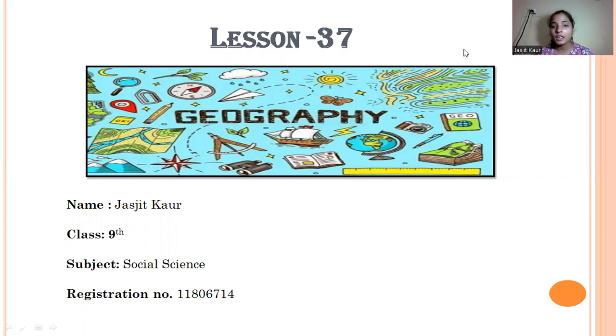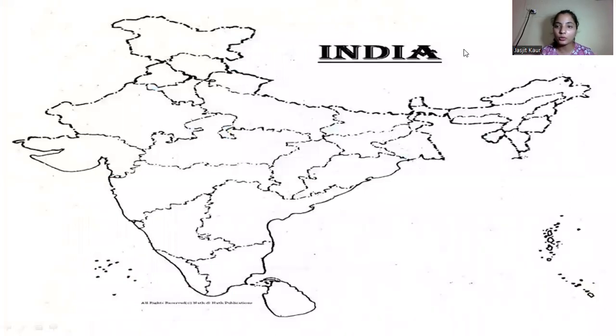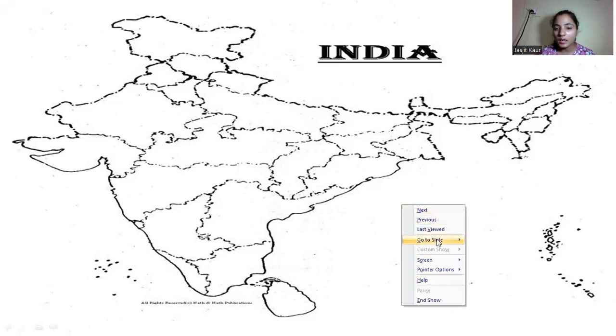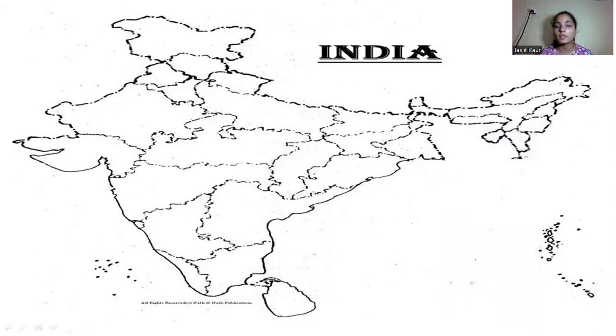So firstly, here I have one activity for you. I will be asking you different questions, and you can just answer in the comment section. First I will be asking about the different landforms present in different areas. I will take the name of a place or a state, and you have to tell me what kind of landform is present in that state. Write the type of landform in the comment section. So first, tell me which kind of landform is present in Rajasthan.